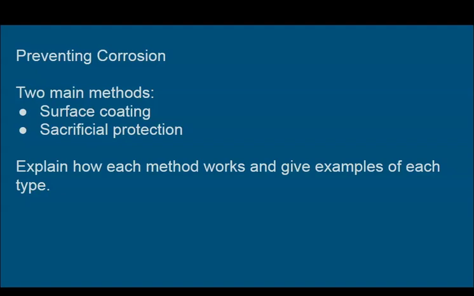And that involves you being able to explain why, for instance, magnesium is used to prevent iron from rusting in certain circumstances. So what I want you to do is explain how each method works and give examples of each type. That should take you a little while to research, and then the only other thing I want you to do